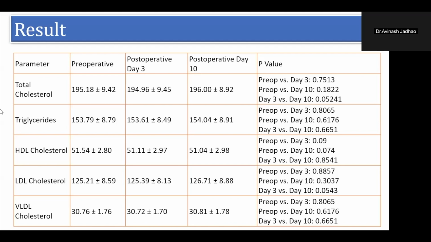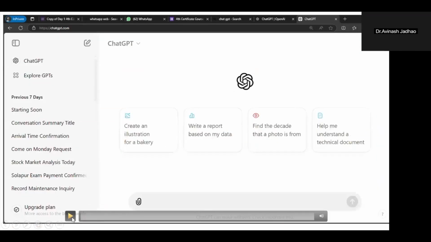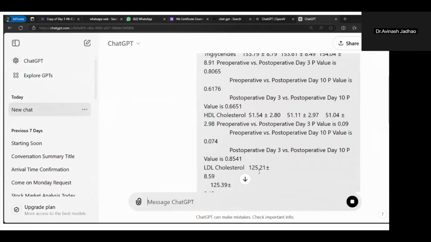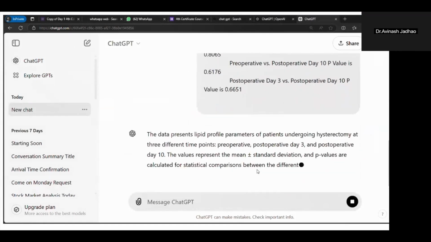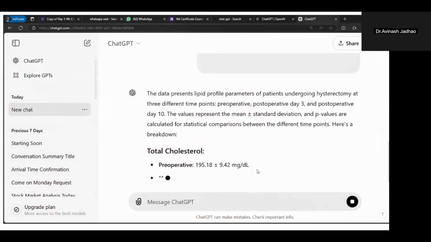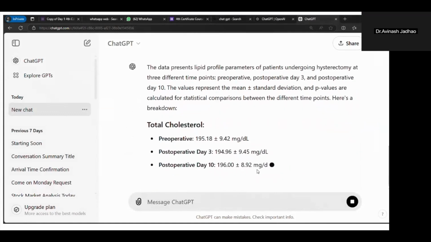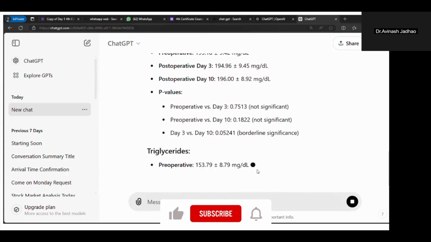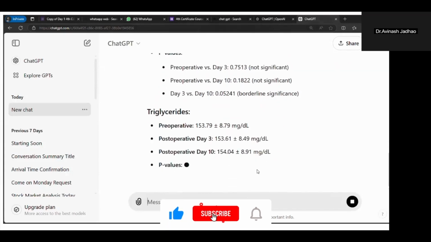You just have to copy this generated result and paste it here. Automatically ChatGPT will explain your result. In the result section, whatever the requirement is, ChatGPT will easily fulfill it.